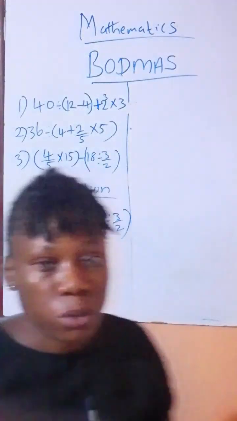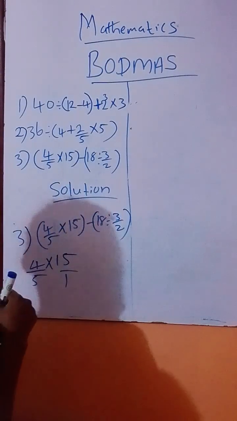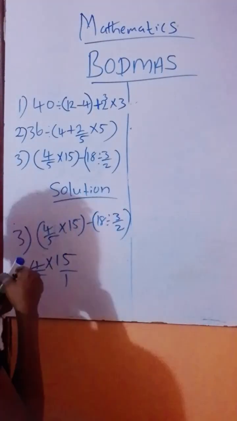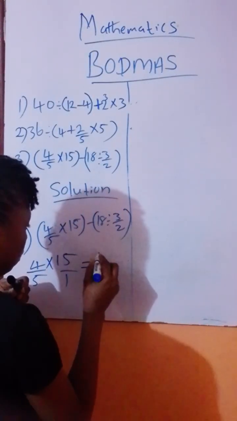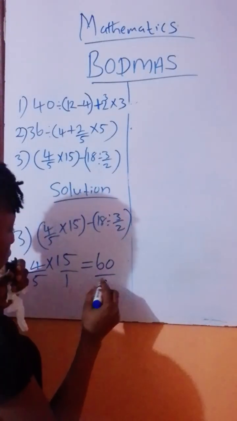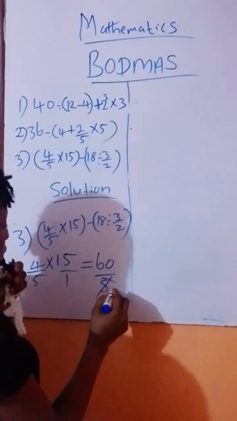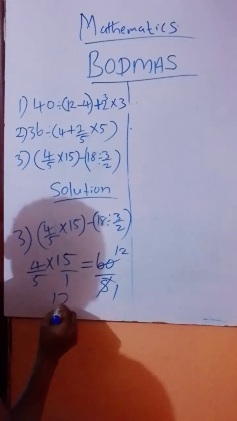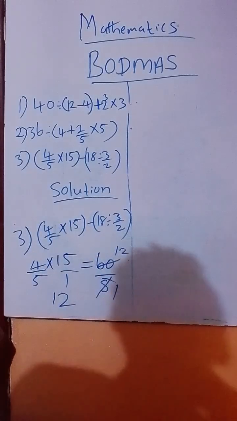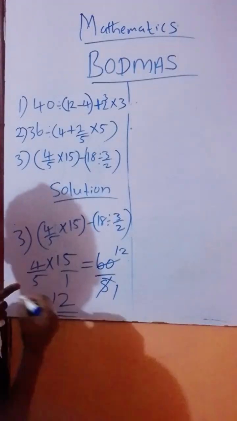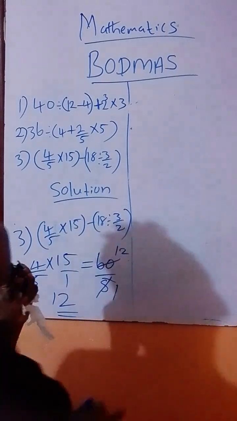Then we multiply. 4 times 15 is going to give us 60. 5 times 1 is going to give us 5. 5 divided by itself is 1. 5 in 60 is 12. That means we got our first bracket. Our answer is 12. Then let's solve our second bracket, which is